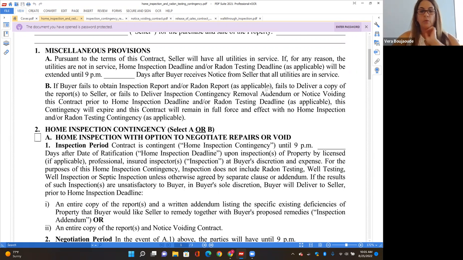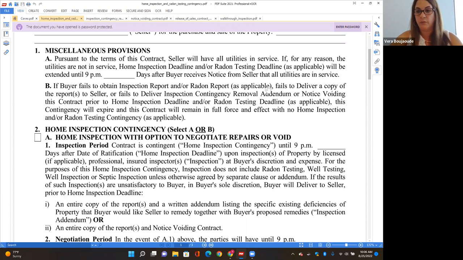Number 2, Roman numeral 1. Once you do the home inspection, you, the agent, the home inspector, and your purchasers will go to the home. You all will do the home inspection. It takes a few hours. He'll look at everything, and once y'all are done, the inspector will send you a report. Once you get the report, the entire copy of the report plus the deficiencies, this is if you have this type of negotiation for repairs, you write up, and we're going to talk about it next, a home